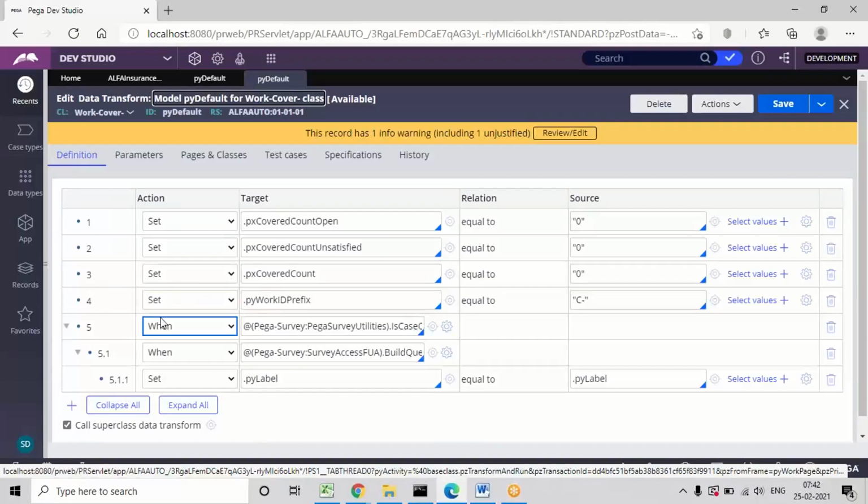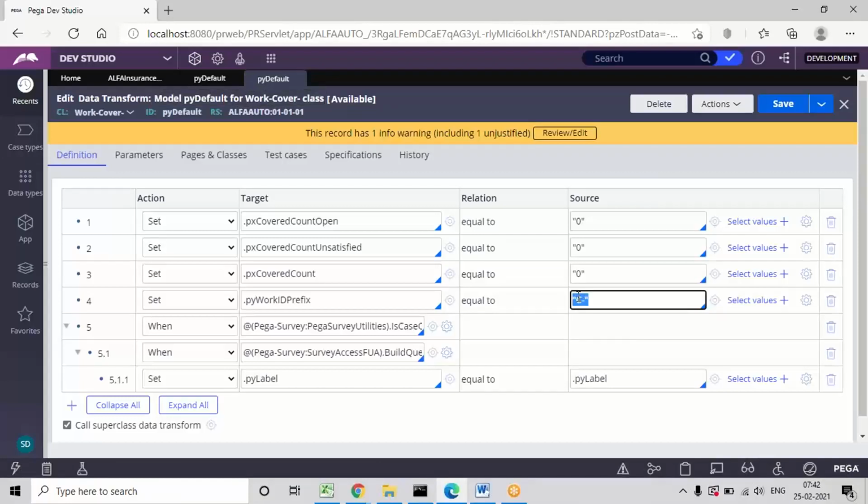I told you that apart from the basic functions in data transform, we can use some advanced functions. Where to use those advanced functions? There is a wizard called the expression builder wizard. See here, in step number 4, we have seen the basic functions and all. But if you want to use any advanced functions like date or time functions, and some other additional functions, we compulsorily need to access them from the expression builder.